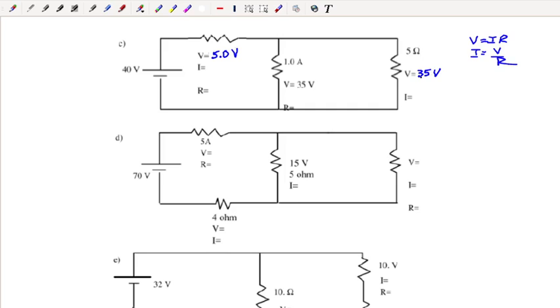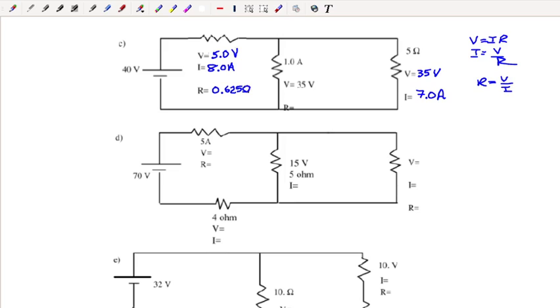So that gives me 35 over 5 is 7.0 amps. So now I know I've got 7 amps here, 1 amp here. If I back that up, that must mean I had 8 amps at this resistor, which means I can use R equals V over I to calculate this resistance. So V over I, 5 over 8, gives me a resistance of